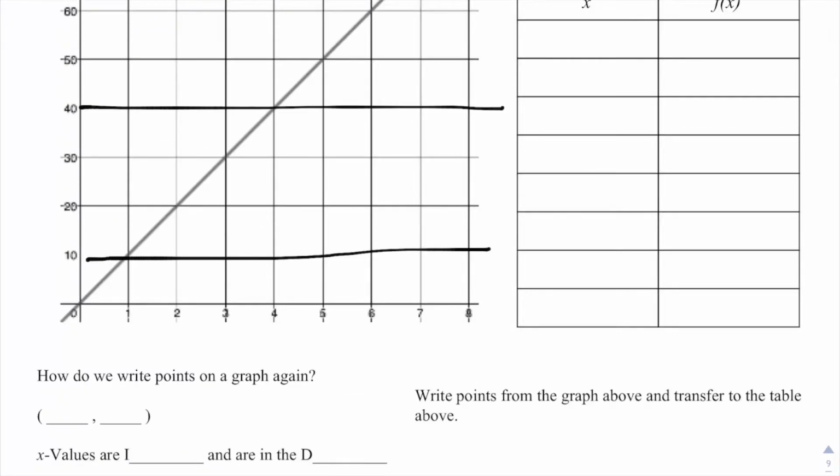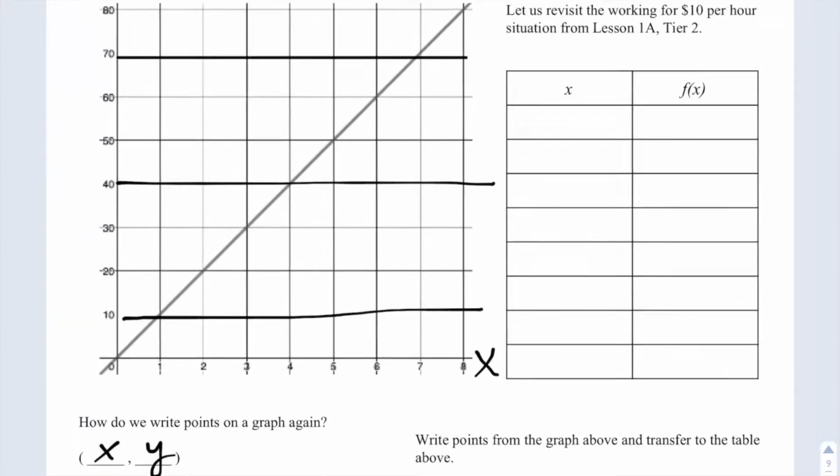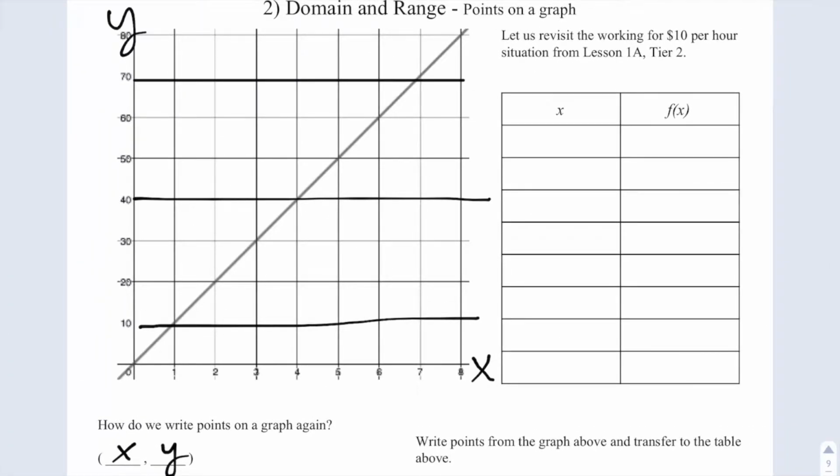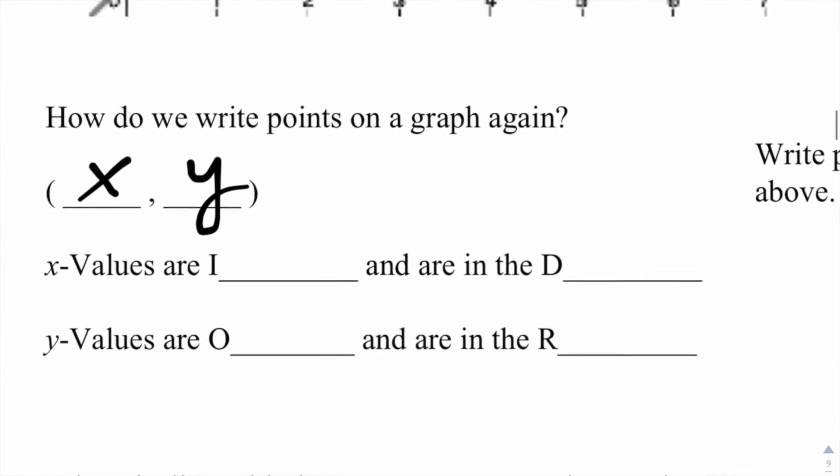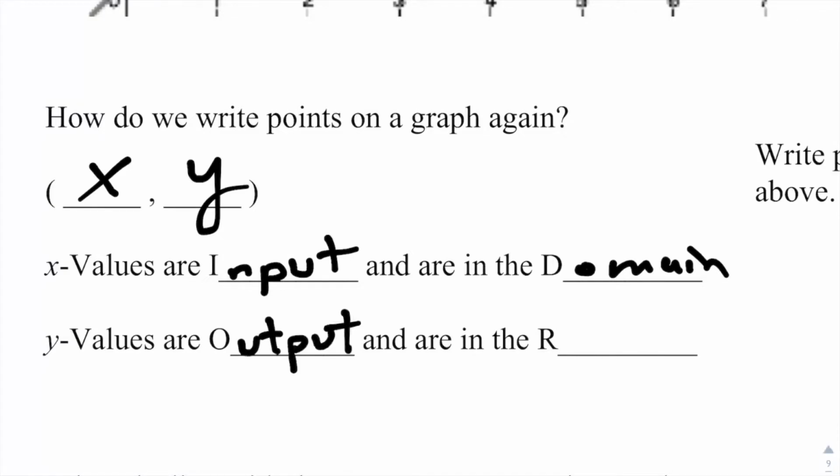You should have learned this in middle school, but if not, that's okay. We write points on the graph with the x-coordinate first and the y-coordinate second. Usually the x-axis is the horizontal axis and the y-axis is the vertical axis. And recall from the previous lesson that x values are inputs and are independent variables, and are in the domain, and that y values are outputs and are dependent variables, and they are in